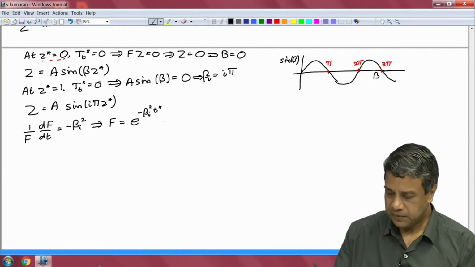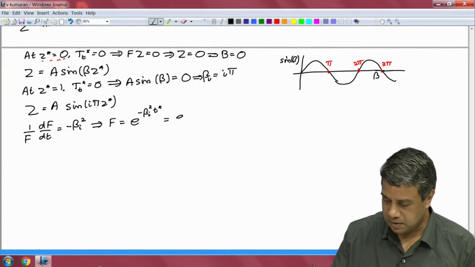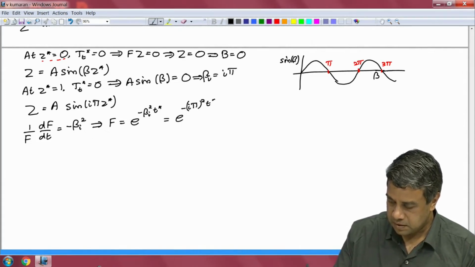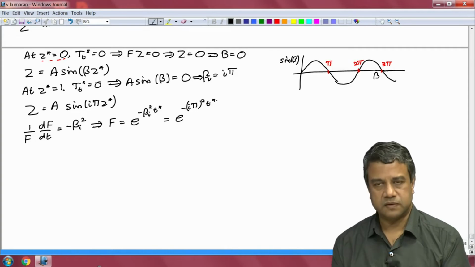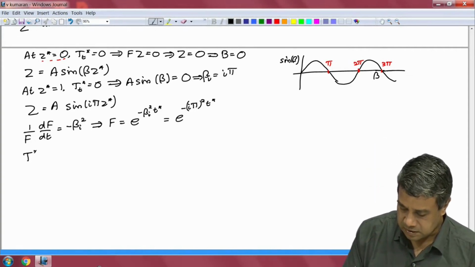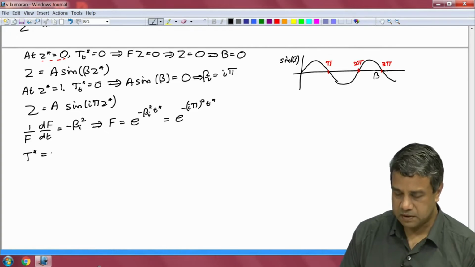And since beta is I pi, I will get e power minus I pi the whole square times t. So, that is the solution for f, and the transient part of the solution T star has to be equal to the product of these,